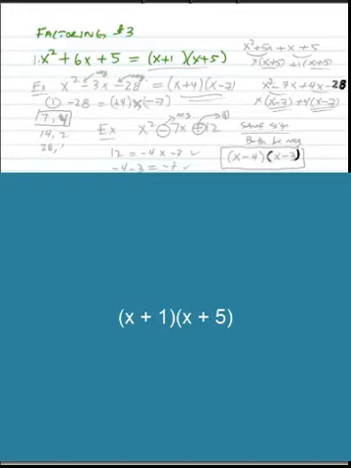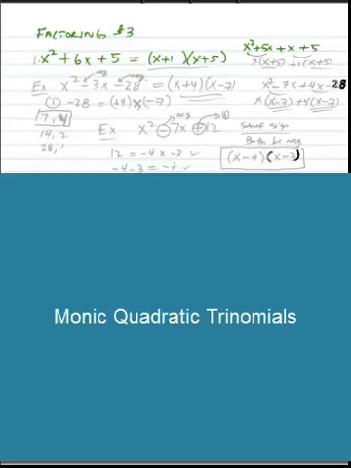And if you wanted to check x squared plus 5x plus 1x plus 5, pairing up the first two terms, you can take out an x, and x plus 5 is left over. The second two terms, you can take out a 1, x plus 5 is left over, and then that binomial factor comes out, and we have the solution to the problem. We looked at factoring when the leading term was a 1. Let's take a look at another problem like this.